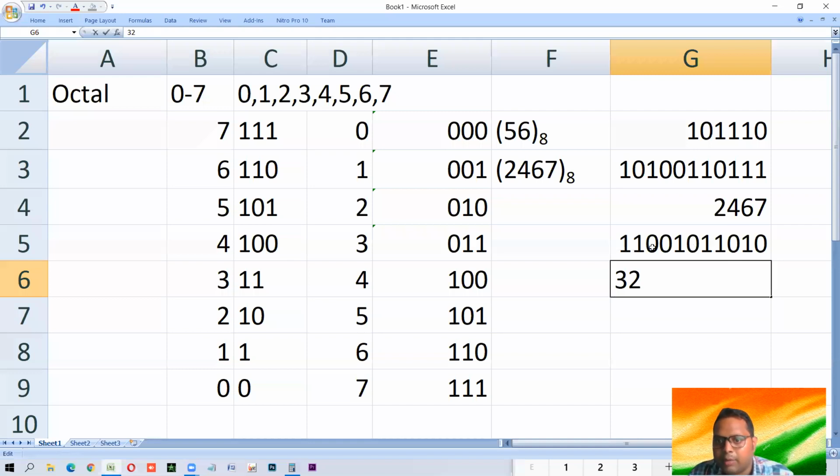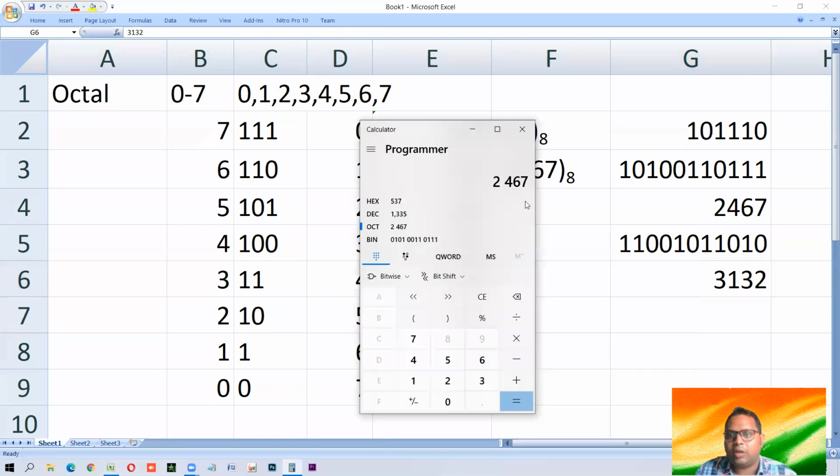यहाँ तक हो गया. फिर क्या है हमारे पास? 001, that makes 1. And then what do we have? 011. 0 is not visible, but 11 is there, so 2 bits. So 11 is 3. So look, this is 3132. Now let us verify it. So I have written any binary. Write any number in binary. What is the number? 110010111010. Look, the octal equivalent is 3132.